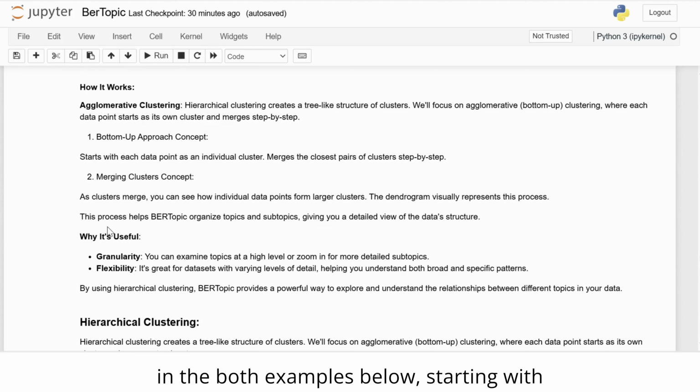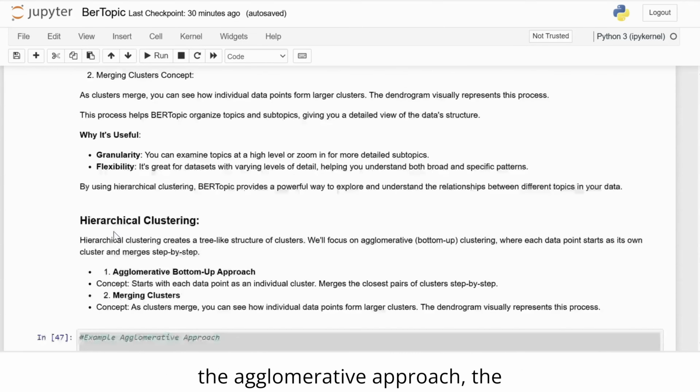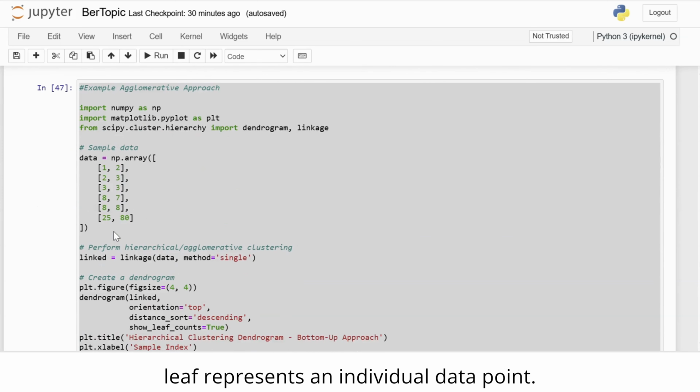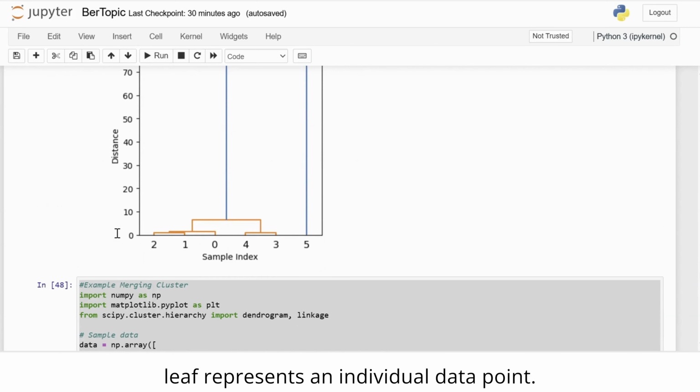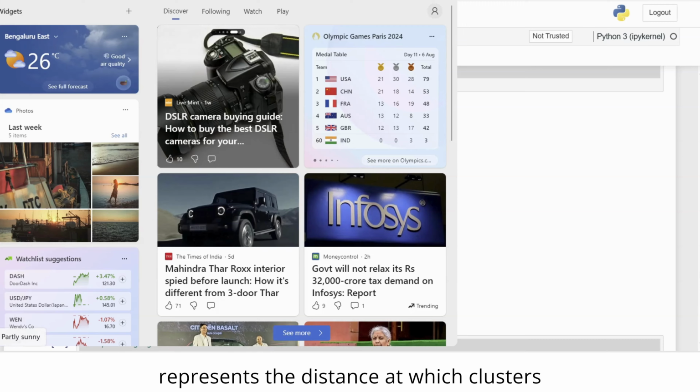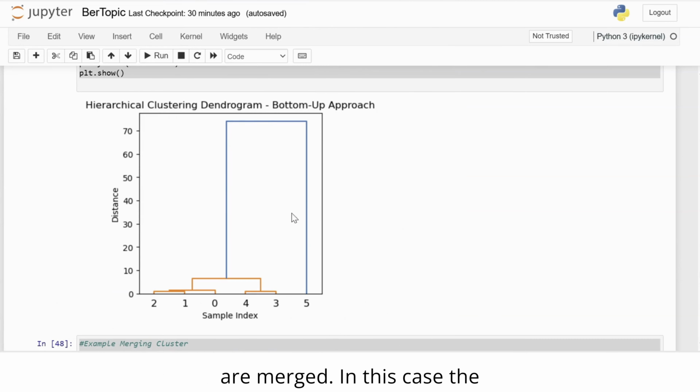So, in both examples below, starting with the agglomerative approach, the dendrogram is a representation of hierarchical clustering, where each leaf represents an individual data point. The branches show how clusters are merged, and the height represents the distance at which clusters are merged. In this case, the dendrogram starts with each data point as its own cluster and merges them step by step